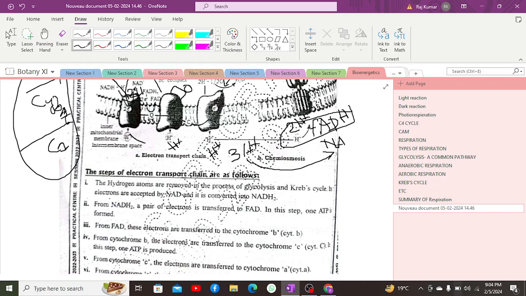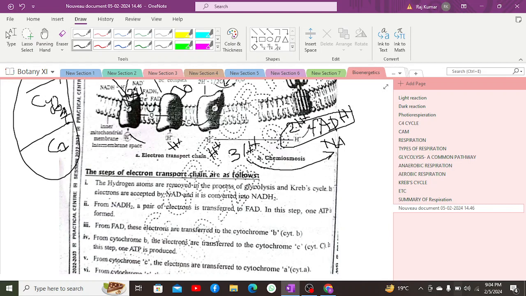Thus the ATP synthetase enzyme will pump the proton from the lumen to the matrix using the protomotive force, and the ATP synthetase enzyme will be activated and cause ATP synthesis, or we can also call this